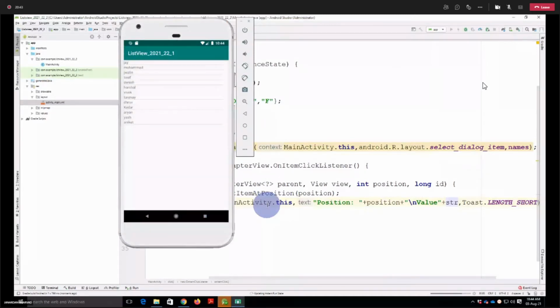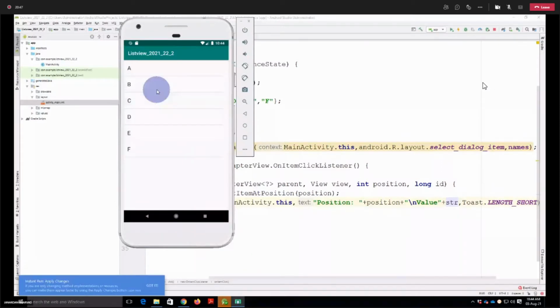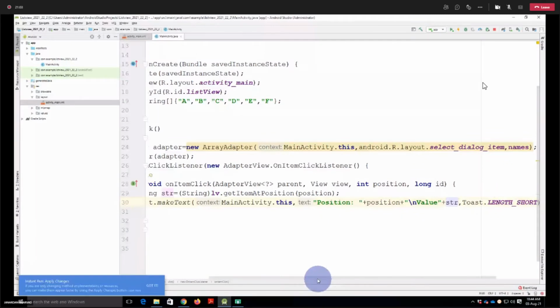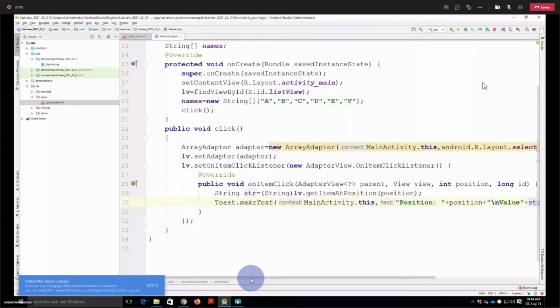Okay, let's click here, and as you can see, yes, it is printing the value, but we have not given some space, so that's why it's value C, value D, value E, and value F. So everything is printed. Now the other way which I told you, you can try that also.